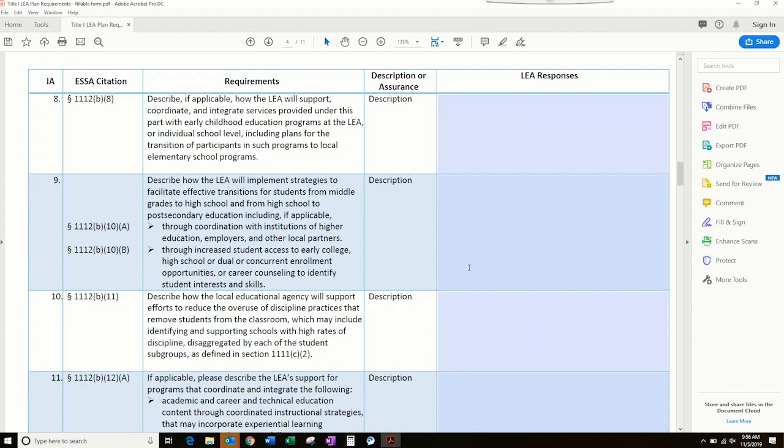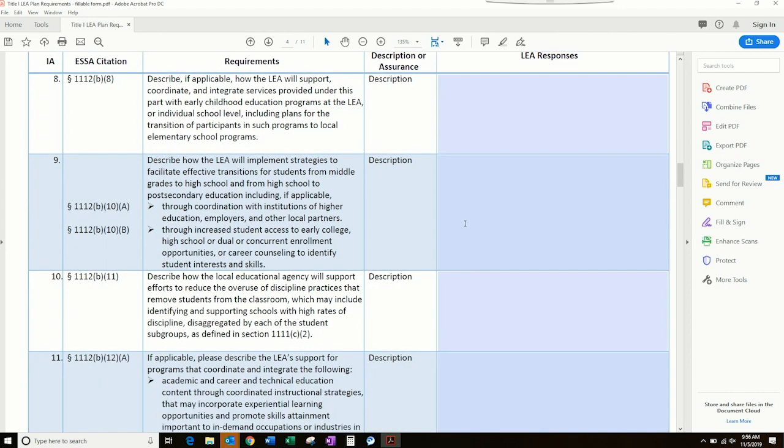In section 8, describe, if applicable, how the LEA will support, coordinate, and integrate services provided under this part with early childhood education programs at the LEA or individual school level. Again, this is something that you've already been doing. You can just describe it. If it's not something you've been doing, this might be an opportunity for you to explore how it is you